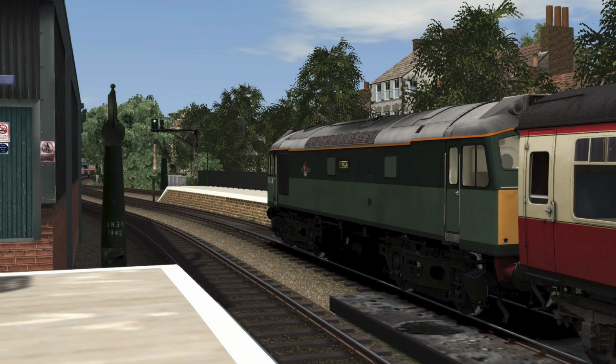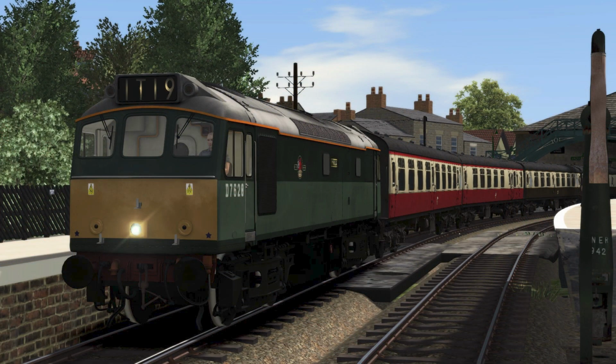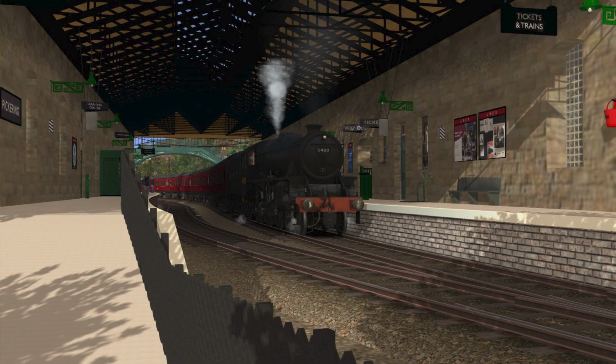And this is part of the reason why the frame rates at Pickering are pretty poor, because the game is trying to load in that massive asset constantly. And it is obviously going to cause frame rate reduction. And there is no way that we can fix this. There's no way that anyone could fix this no matter what you do. Pickering is always going to be that built up area. It's always going to be around 30 to 40 FPS, and you're never going to get a solid 60 FPS